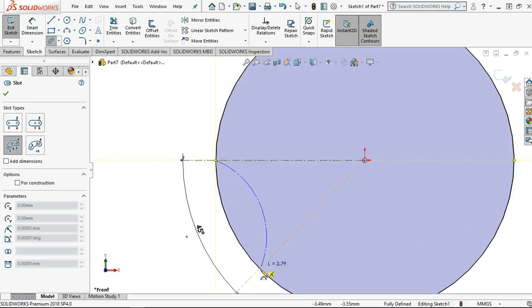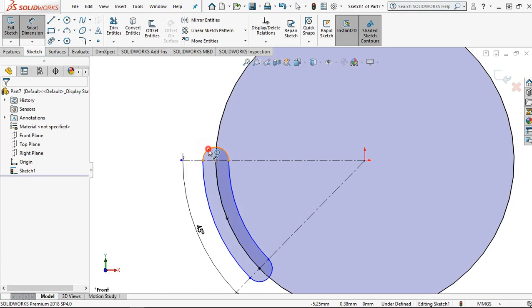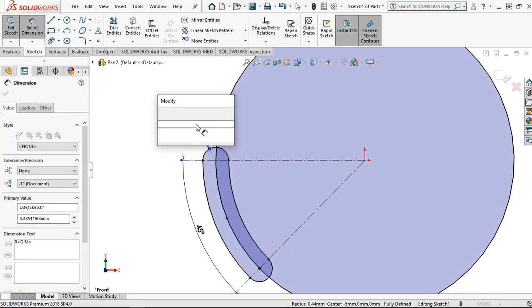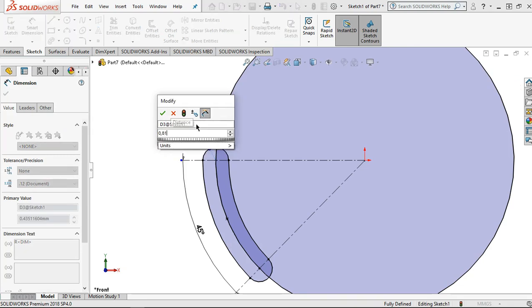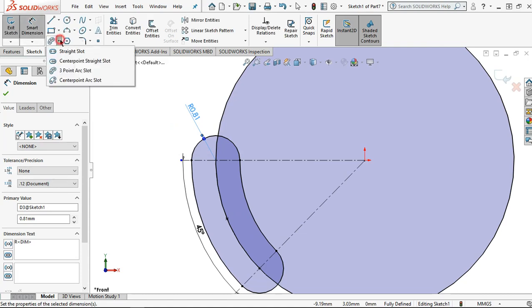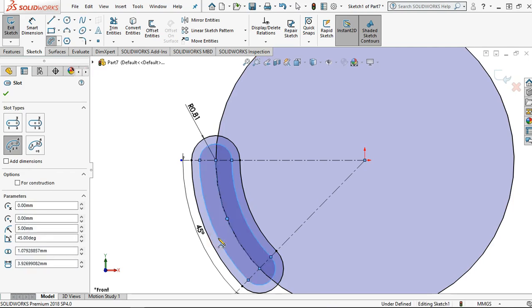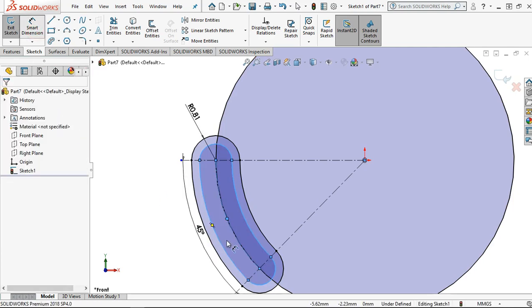For the next step, I want to add a 3-point arc slot and start from this point until this position. Then click the sketch and set the radius from the sketch, and it is 0.81 mm. Then I want to add a 3-point arc slot now and start from this point until this point. Then select the sketch and change the dimension